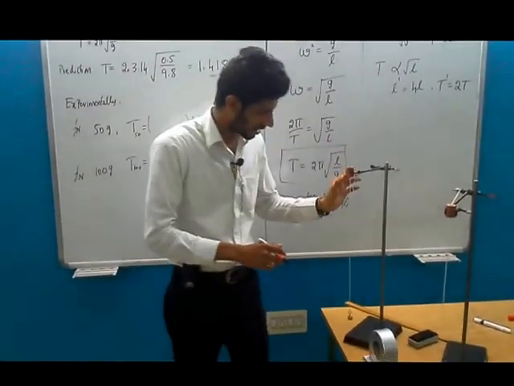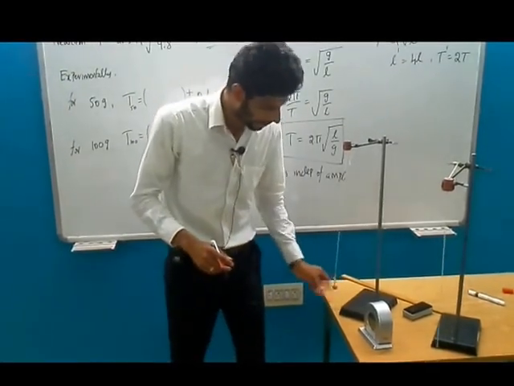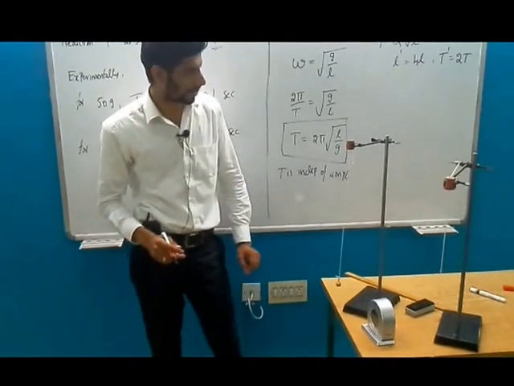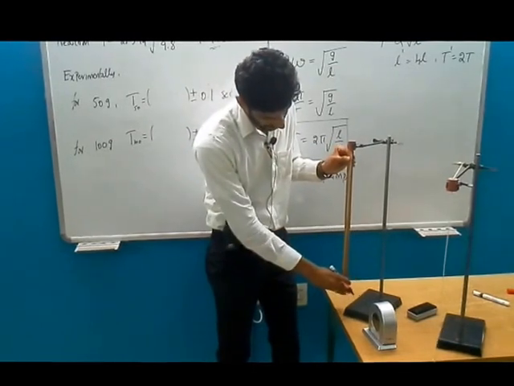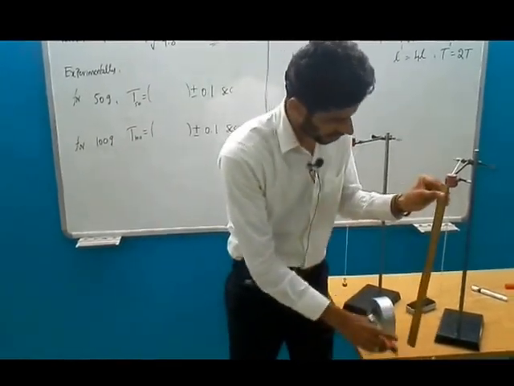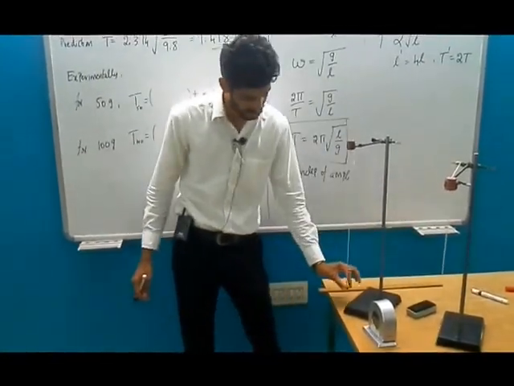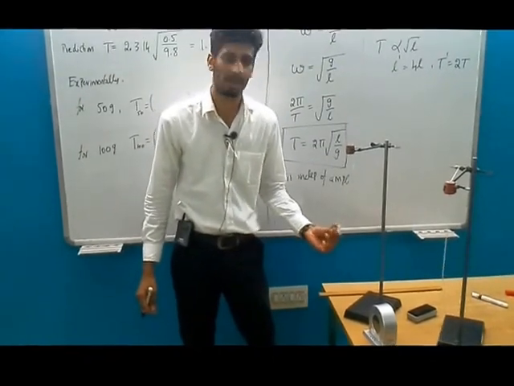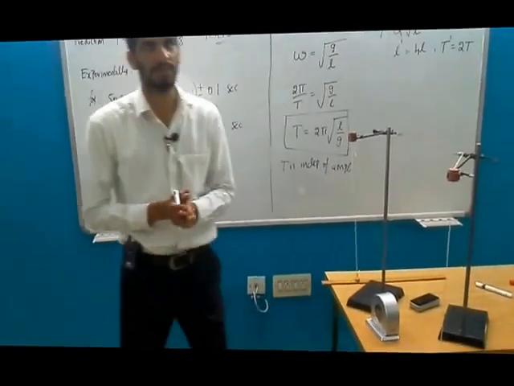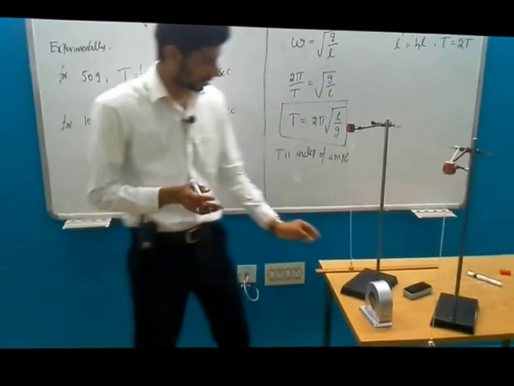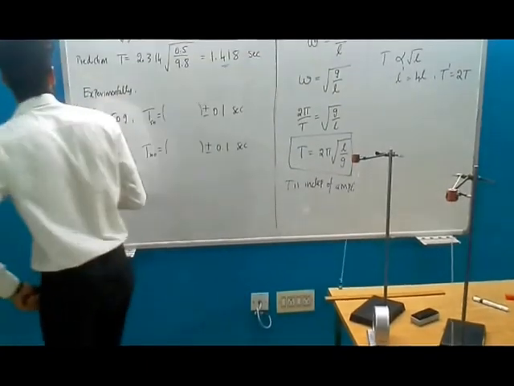So that's why I have here two systems, a simple pendulum on one side and another simple pendulum on the other side. I've got the same length of string, 0.5, half a meter, on both sides. But what I do is, I just change the mass. This one is 50 gram and this is 100 gram, double of this. So I'm going to measure the time period for the 50 gram and the time period for the 100 gram. So before that,